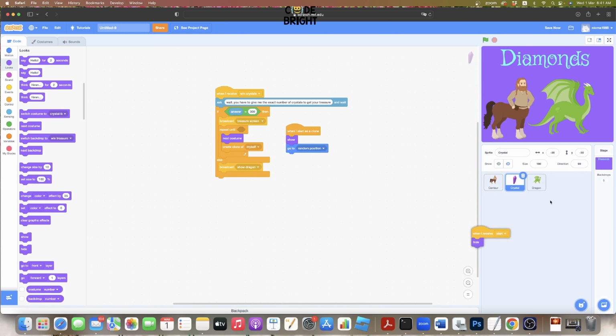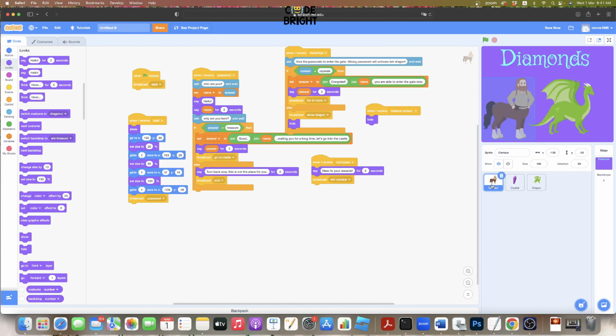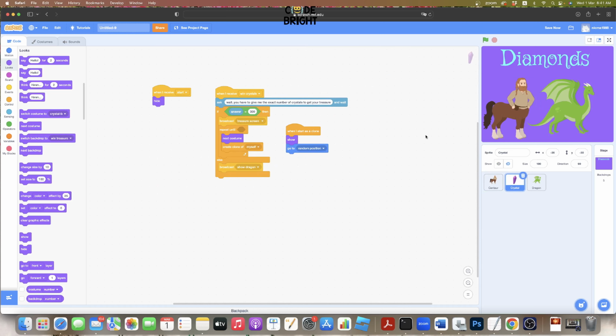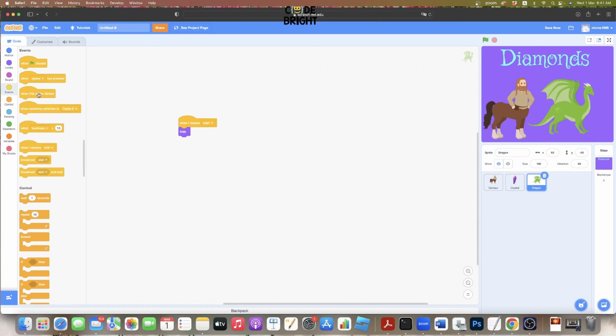When I receive start, I'm going to clone code into here. I will need to hide the dragon, and when I receive dragon, I should show myself. It's okay, I think we don't need to clone here, we just code. When I receive show dragon,